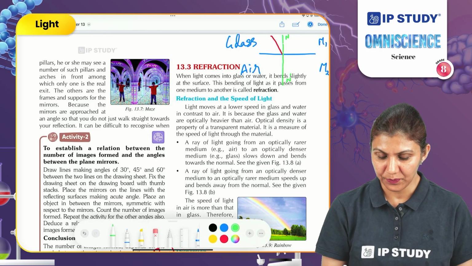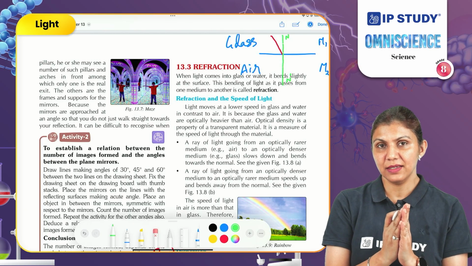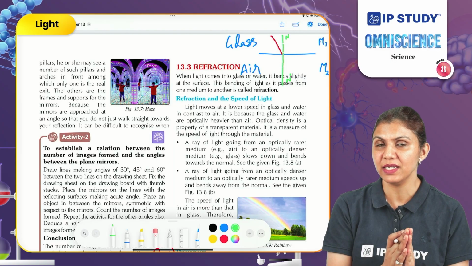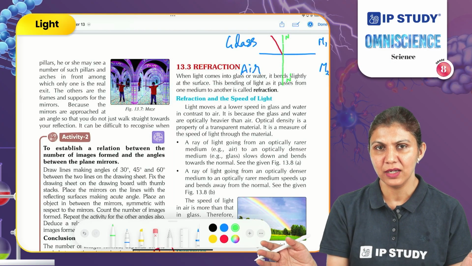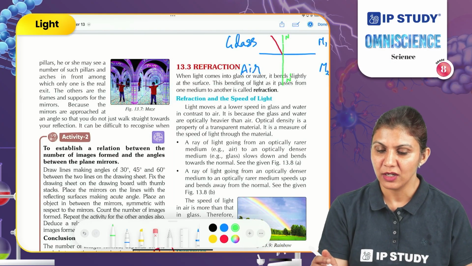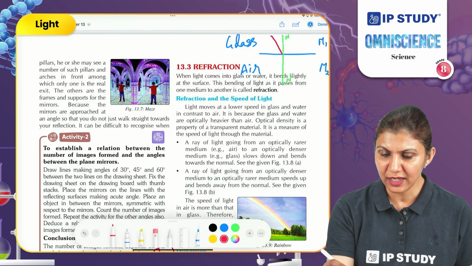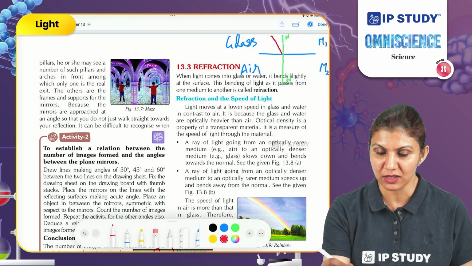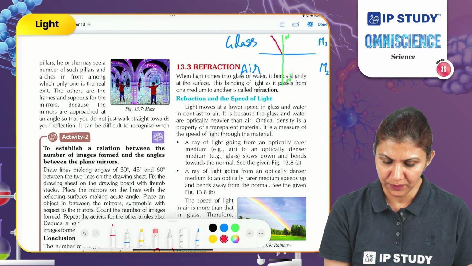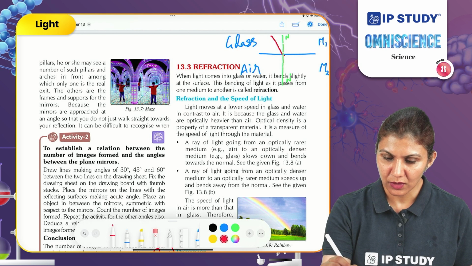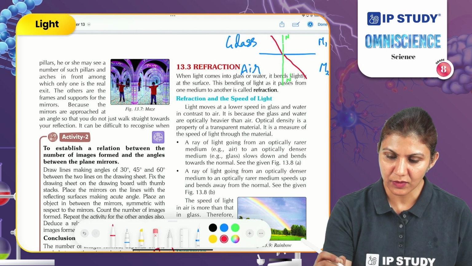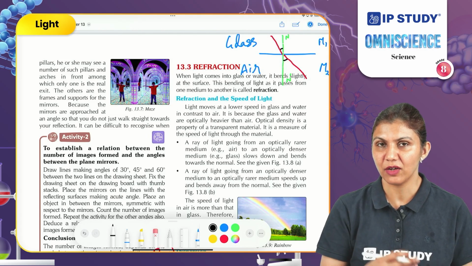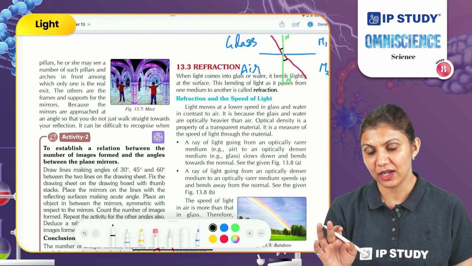Now what is happening? As the glass is denser and now the light ray is moving into air, which is less dense, or we can say it is rarer. Air particles are moving apart from each other. These are not compactly packed. So what will happen? The light ray will gain speed. It can move easily without interruption. So it will move away from the normal. So this angle is also not equal to this angle. Angle of incidence is also not equal to the angle of refraction.